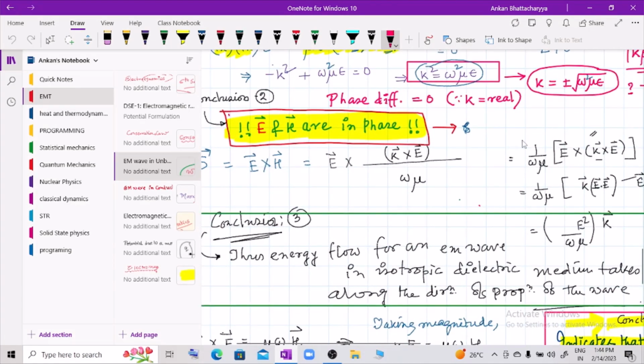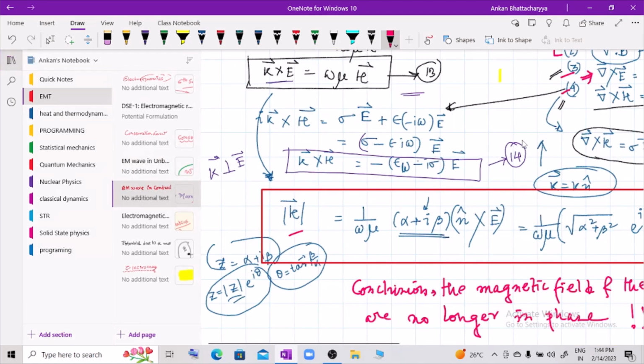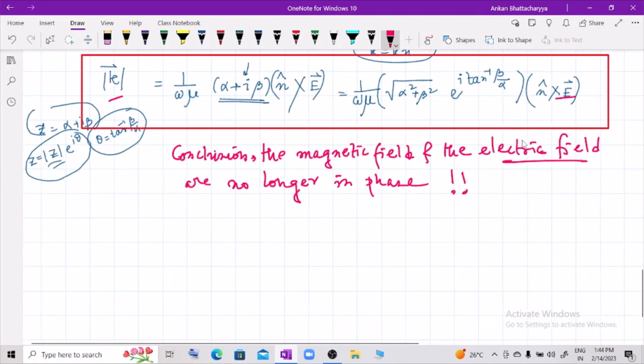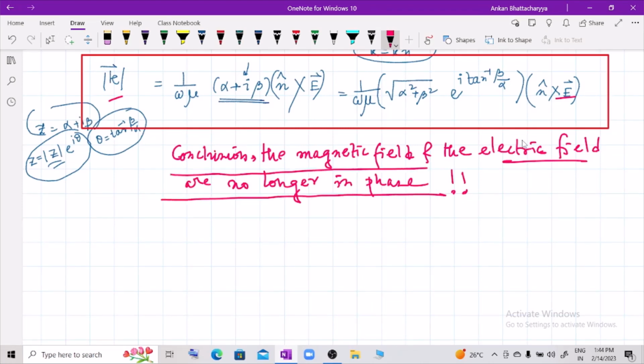Yes, electric field and magnetic field are in phase in the previous cases, but in our present discussion we have obtained that electric field and magnetic field are no longer in phase,